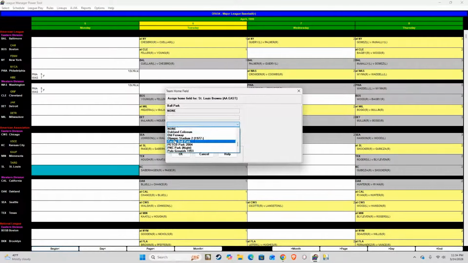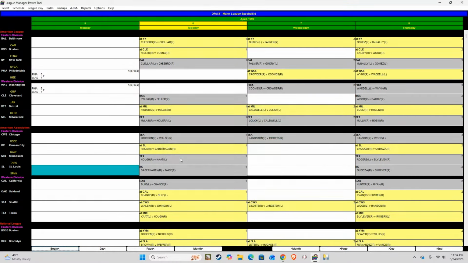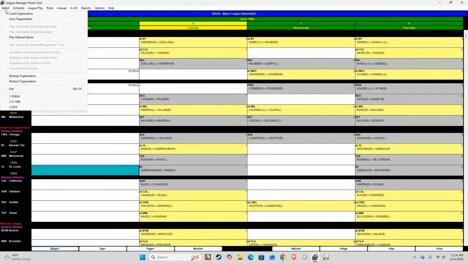All right, where are you? Where is Sportsman's Park? Please tell me you're there. There you go. So there we go, there's Sportsman's Park, and it's that easy. The other thing is this game does have, just like Action PC and Out of the Park Baseball,